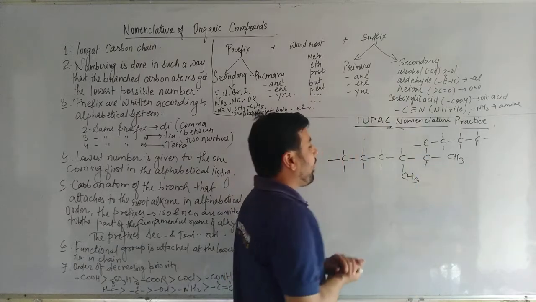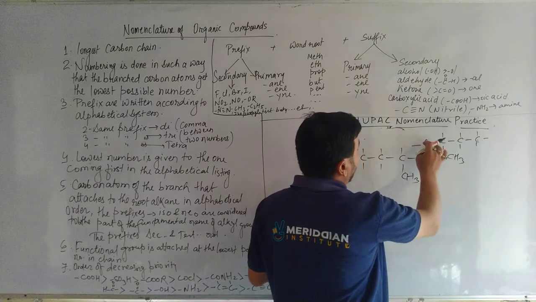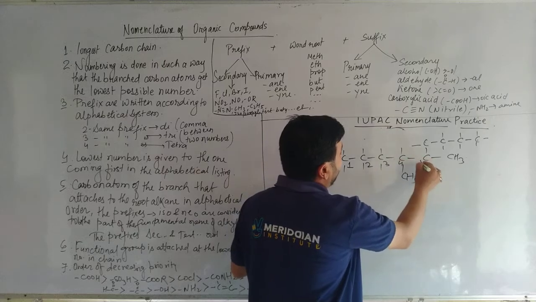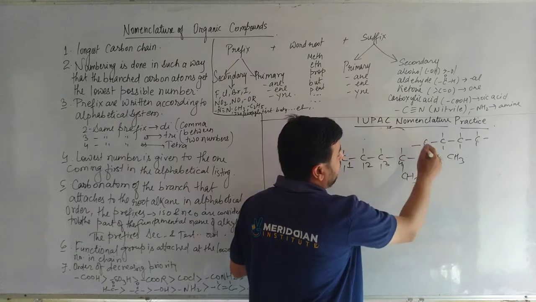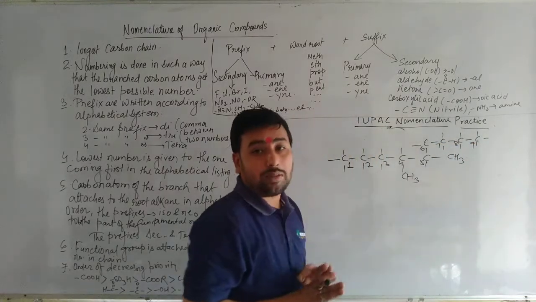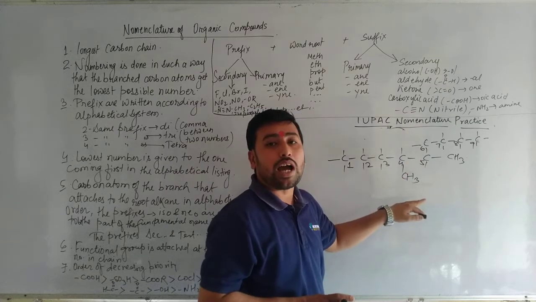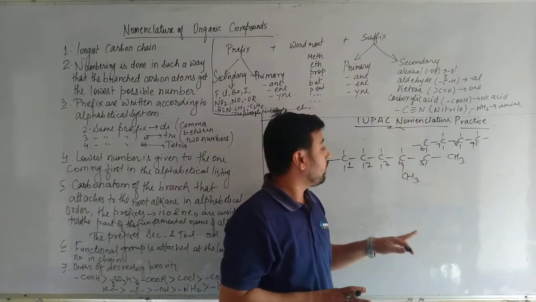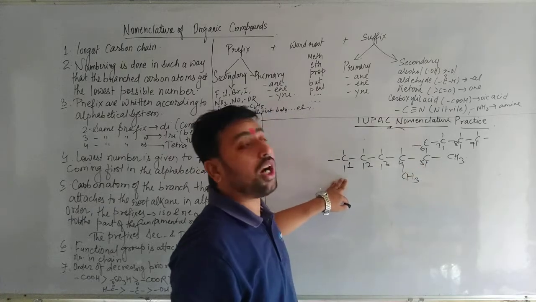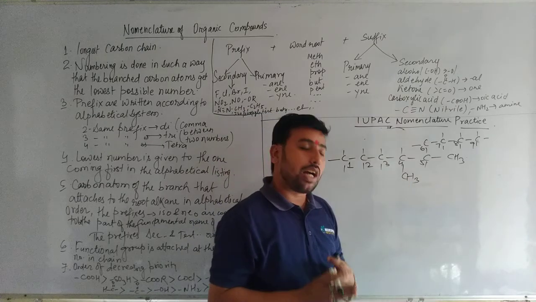Okay? So now if I count from here, on the 4th position I am getting CH3, and on the 5th position. So I will count from here 1, 2, 3, 4, 5. Here I will get then 6 carbon only. But if I go from here 6, 7, 8, 9, total 9 carbon atoms are there. In this 9 carbon atom, the lowest possible numbers of the branch carbon atoms are the 4th position and the 5th position. So here we have started from this side because we have got the lowest possible number for the branch of carbon.